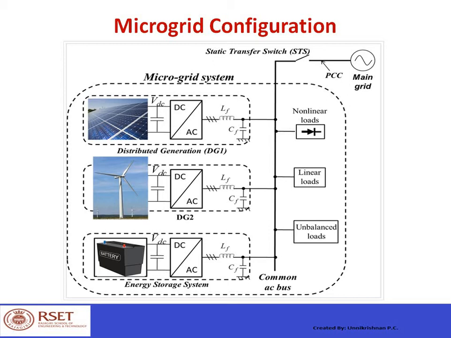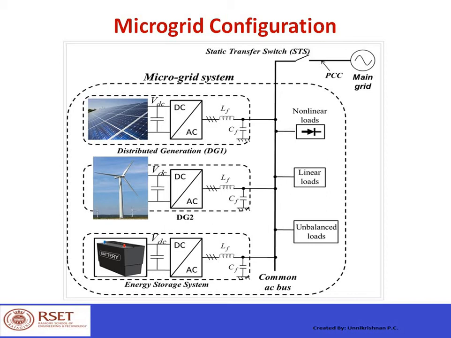Similarly, the output of the windmill may be AC or DC, and depending on the condition, it also has to be converted into AC and connected to the common bus. And the battery output is DC. The battery may be charging or it may be discharging. So you need a bidirectional converter over there. When the battery is discharging, the DC has to be converted to AC, and it is again connected to the